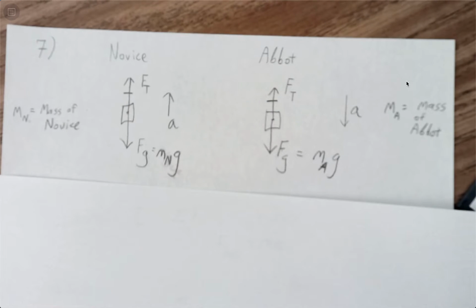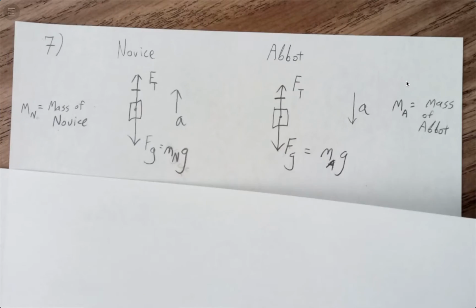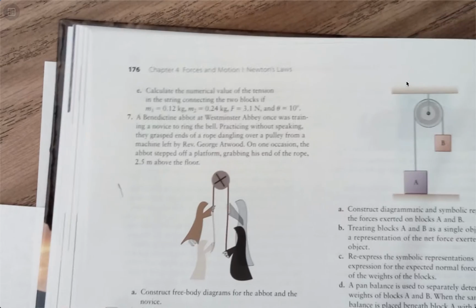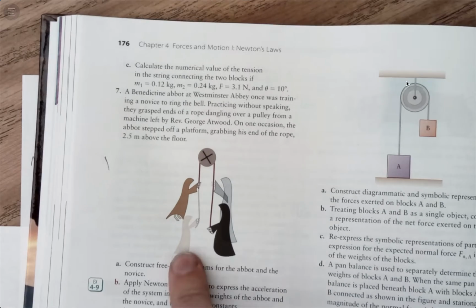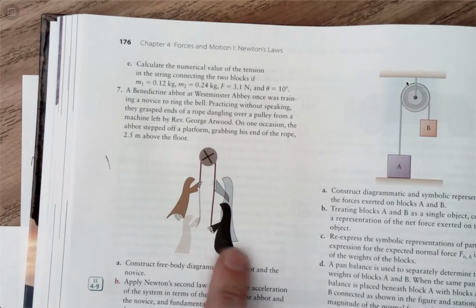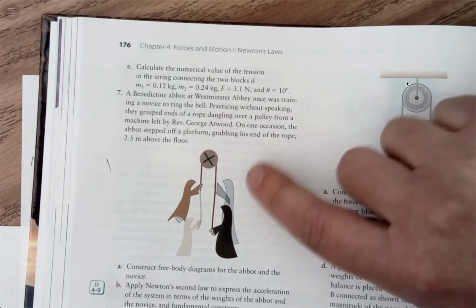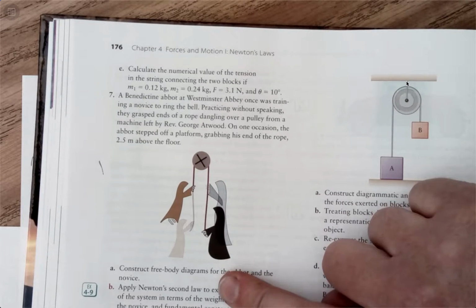So class, this screencast is for number 7 on page 176, where we have the Benedictine Abbot and the Westminster Abbey, and I don't know about all these abbots and novice, but I do know in the book what we see is some ghosts or something like that. I think these are the abbots and the whatnot. But all we really need to know is that we have a mass on one side and a mass on